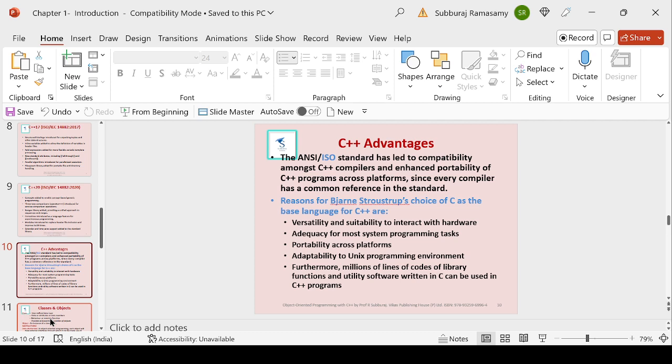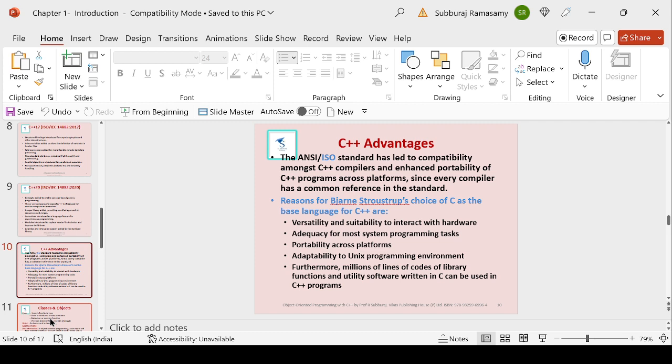So portability has been improved in the various updates to C++. The standard has helped in increasing portability. According to Bjarne Stroustrup, the inventor of C++,